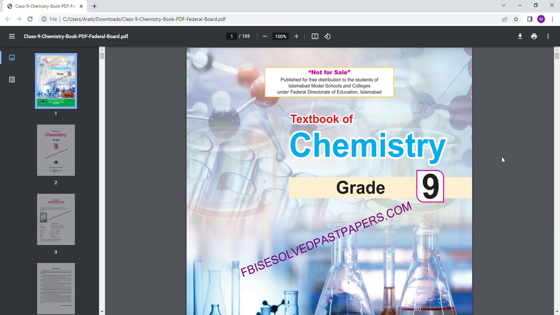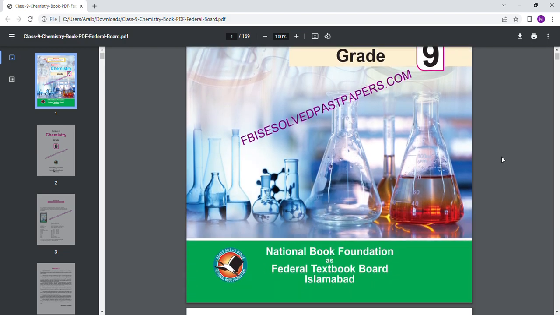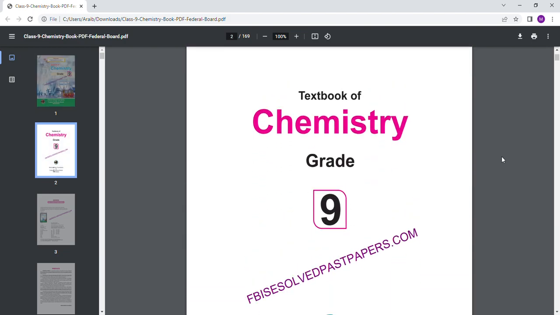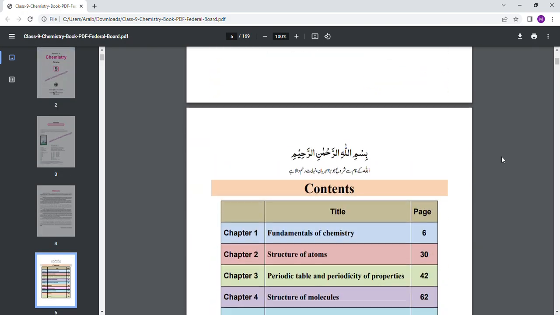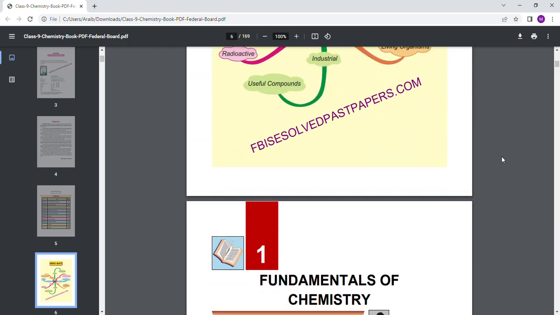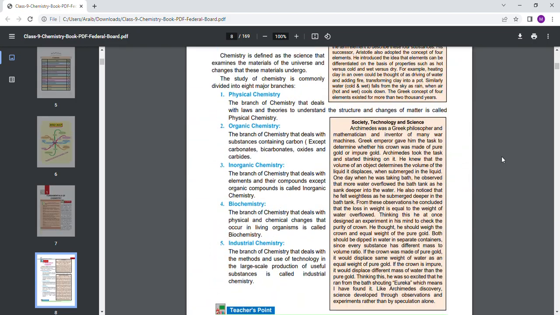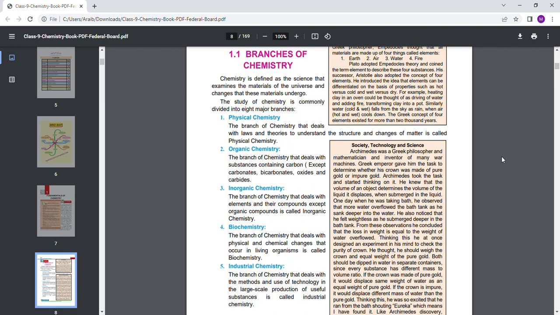Today we will start reading the chemistry grade 9 book of FBISE. This lecture is an introduction of chemistry. In today's lecture we will study branches of chemistry. So the first branch of chemistry is physical chemistry. The branch of chemistry that deals with the laws and theories to understand the structure and changes of matter is